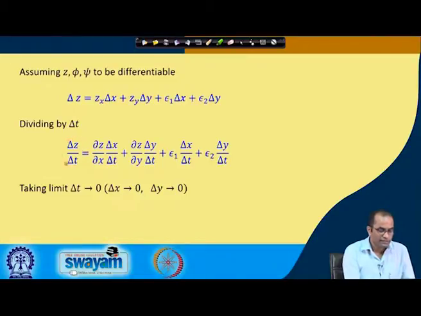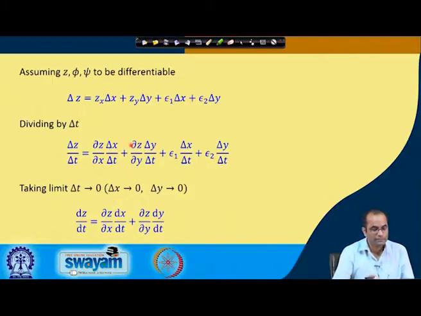So, when we take the limit now as delta t goes to 0 in this expression, this delta z over delta t, as per the definition of the derivative of z, will be dz over dt, and this will remain as it is. We are not touching this del z over del x, and then we have here delta x over delta t. Again, this is the derivative of x with respect to t, so we get dx over dt. Similarly, here again we have delta y over delta t, which will become dy over dt.